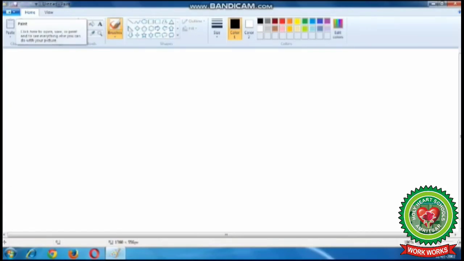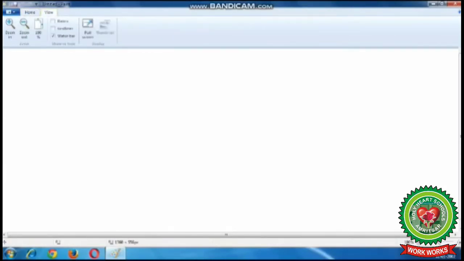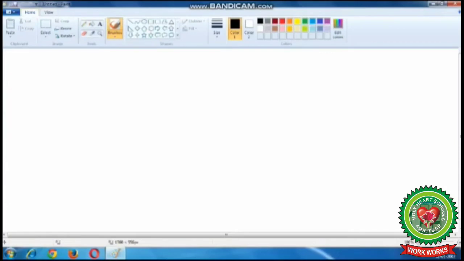Now next to the Paint button, two tabs are there. That is Home tab and View tab. Under these tabs, different groups are present like Clipboard group, Image group, Tools group, Shapes group and Colors group.